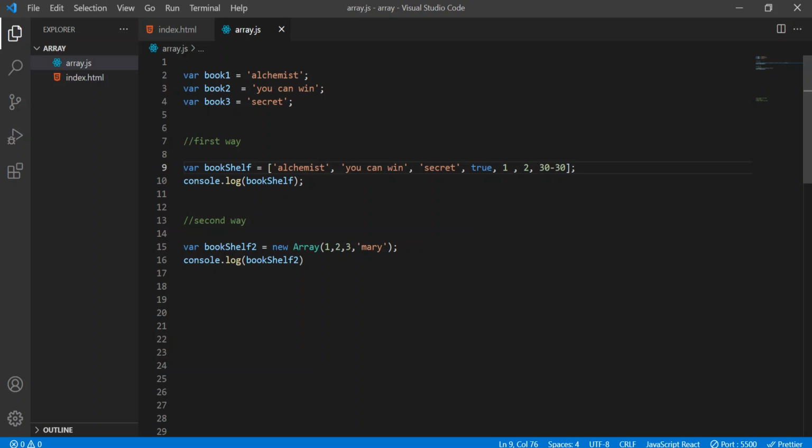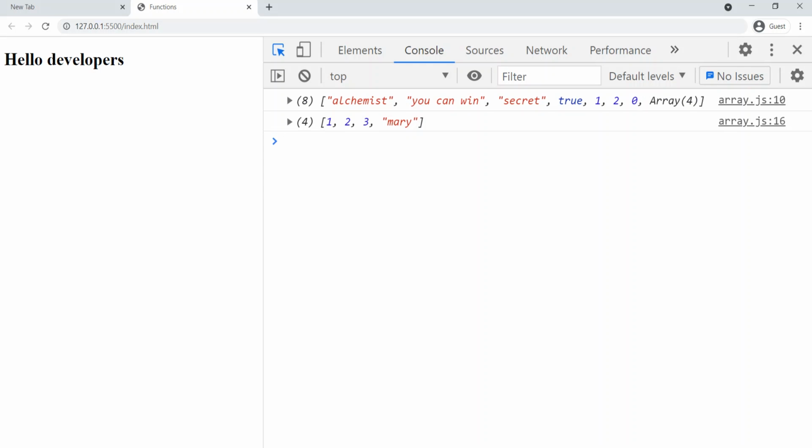Okay, so something I'll write, let's say I will write array. I'll take new array, and inside this I'll pass names again, something like John, and after that let's take again Mary, and let's again put some numbers here. Okay, now let's open that. You can see we got array, and inside again array. Okay, so this is how we create the array, and we can place multiple elements into that.